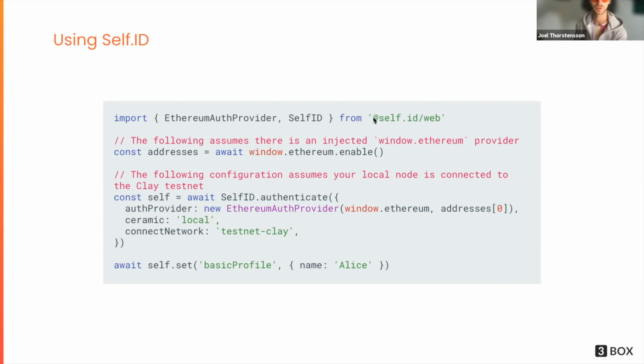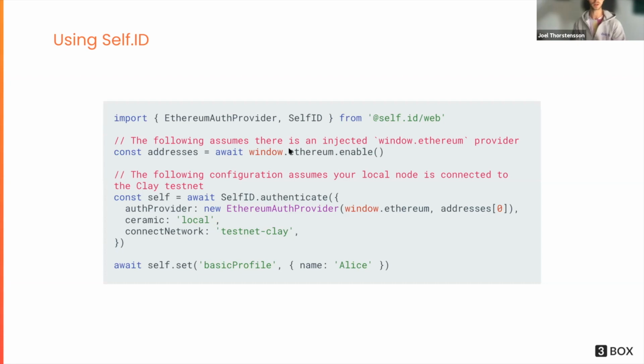This is for Self.id for web. So normally, if you have MetaMask or another wallet, there's a window.ethereum object, so you can just get an address from there. Then you can just create an instance of Self.id. And you do that with the Ethereum auth provider, passing the window Ethereum object and the first address we got